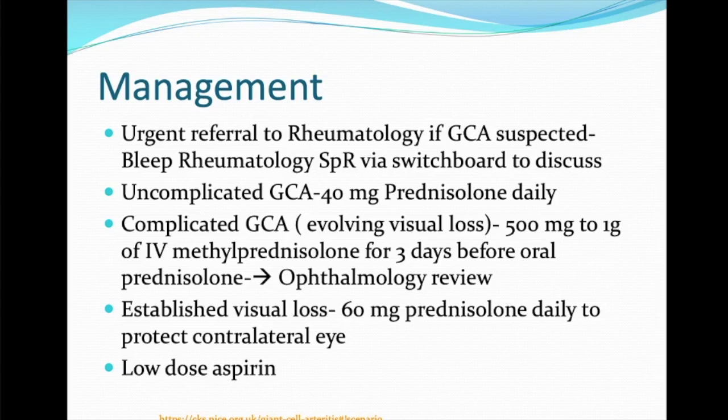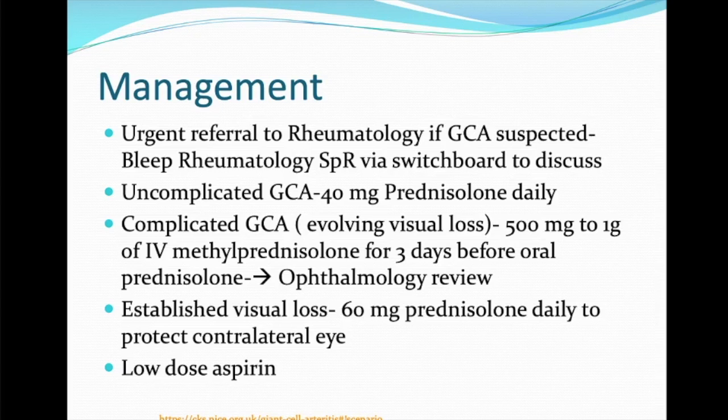So in uncomplicated GCA, and by uncomplicated I mean no visual symptoms and no jaw claudication, so no ischemic symptoms, you would prescribe 40 milligrams of prednisolone daily. But in cases of complicated GCA involving visual loss, you would need to ask the patient to go as a matter of urgency to the eye infirmary to get their eyes checked. And if there are any ischemic changes at the back of the eye, the ophthalmologist would recommend starting IV methylprednisolone at the dose of 500 milligrams to 1 gram over 3 days, and then we can take over from them for the ongoing